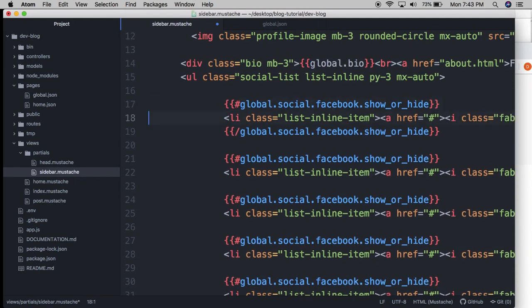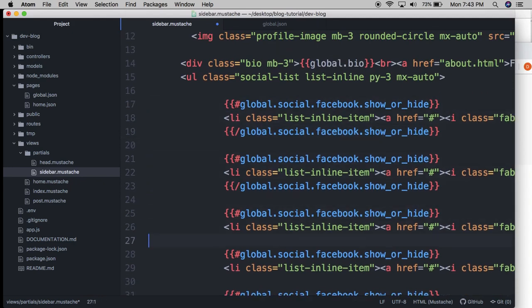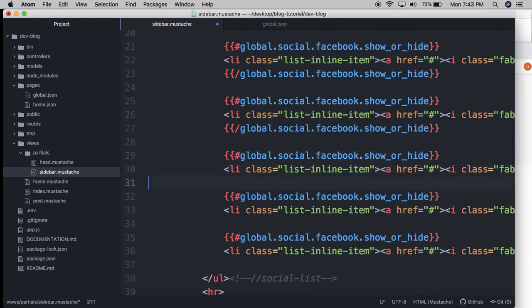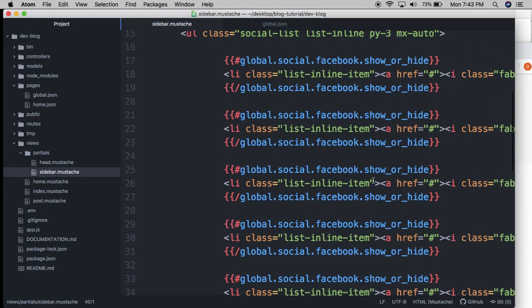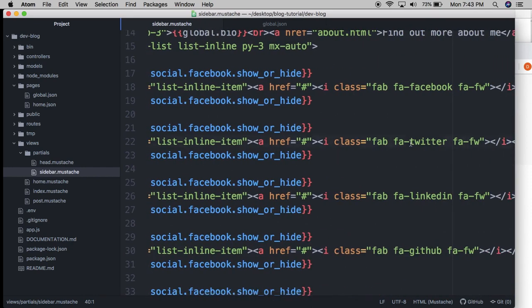And then don't forget the closing tags. You can think of these as essentially if statements inside the mustache templating engine. It's not exactly what they are, but it kind of works like an if statement. Don't forget to change this right here, and then LinkedIn,